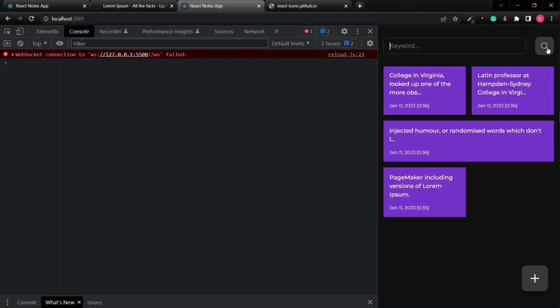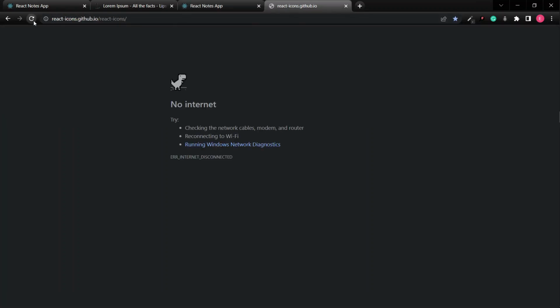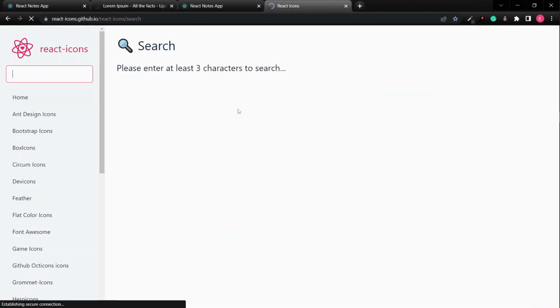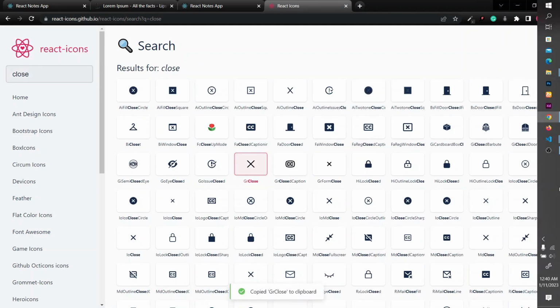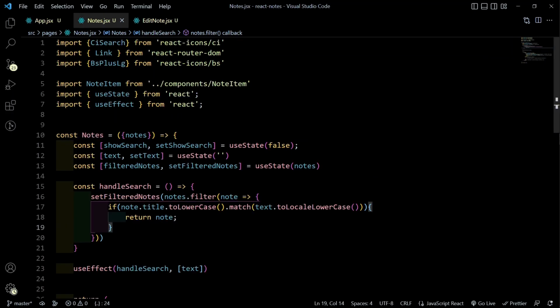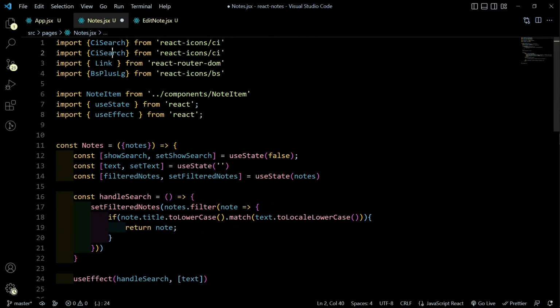Now with this toggle, if I click and I show the input, I should change this to all. I want to change this to be a close icon. So let's get back here to our icon searching page, and I'm going to search close. You can use any icon that you want, but I'm going to use this one. So let's import that from React icons,